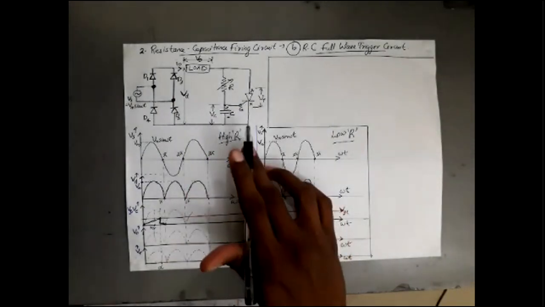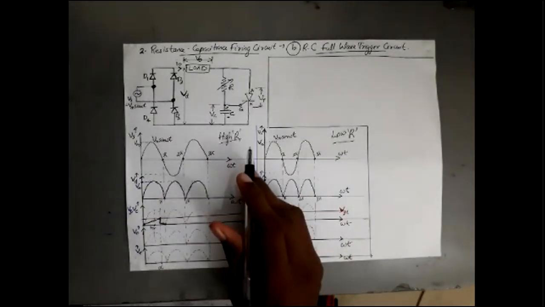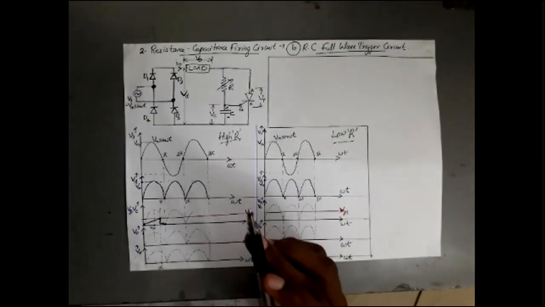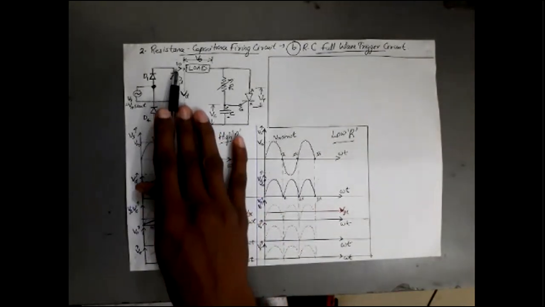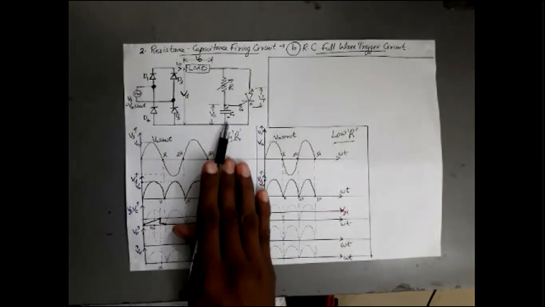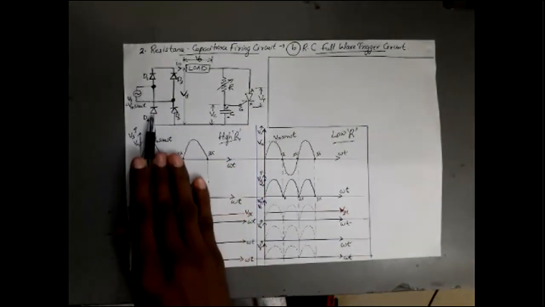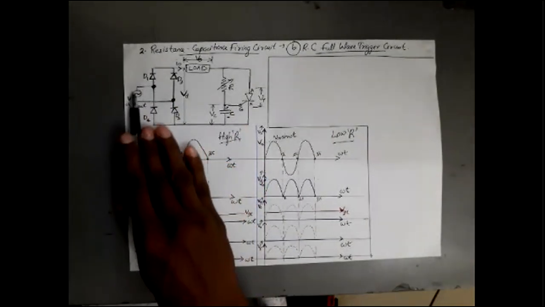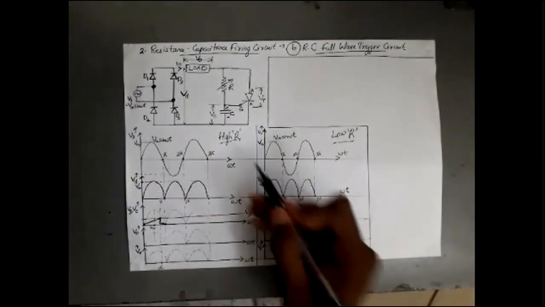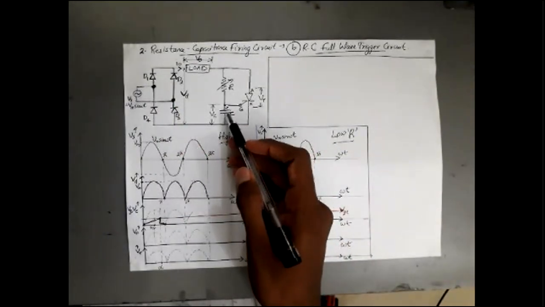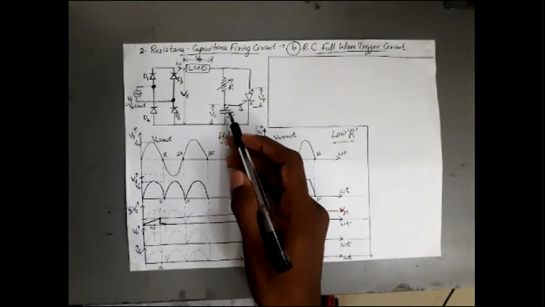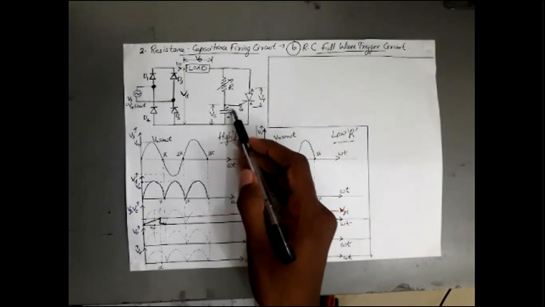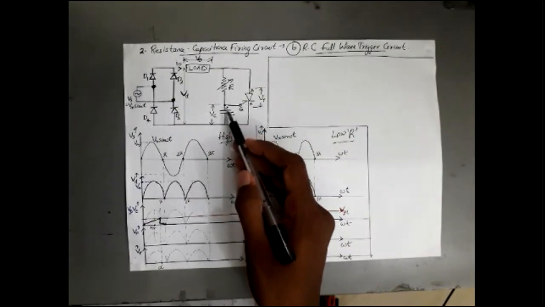positive half cycle. And during negative half cycle also, what is the direction of current? My D3 is conducting and the current will be flowing through R, C and complete the circuit through D4 to Vs. So capacitor charging direction remains the same. In negative half cycle of the Vs also, capacitor is charged with positive in the upper plate and negative in the lower plate. Hope it is clear for you.